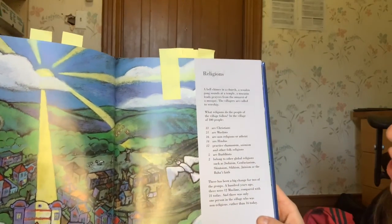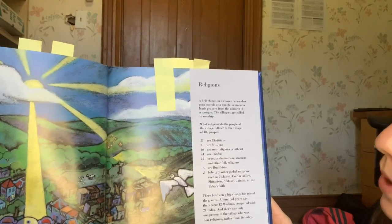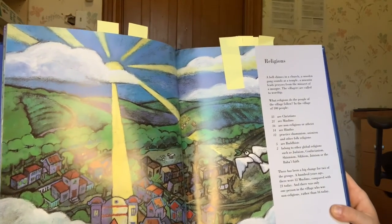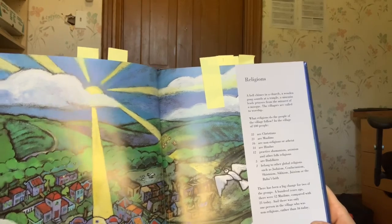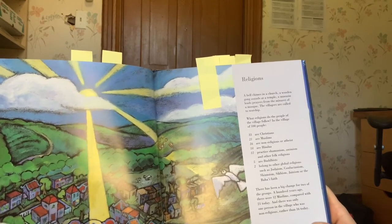A bell chimes in a church, a wooden gong sounds at a temple, a muezzin leads prayer from the minaret of a mosque. The villagers are called to worship. What religions do the people of the village follow? In the village of 100 people, 33 are Christians, 21 are Muslims, 16 are non-religious or atheist, 14 are Hindus,